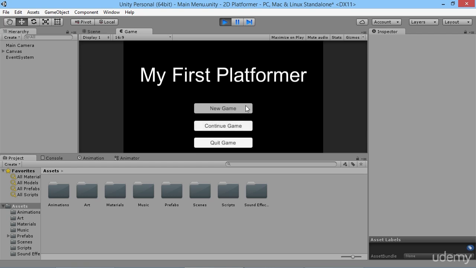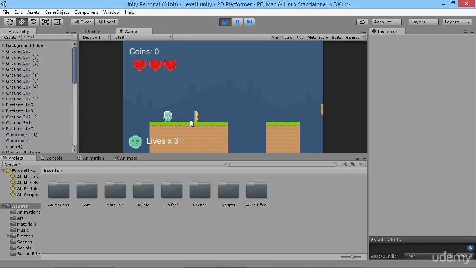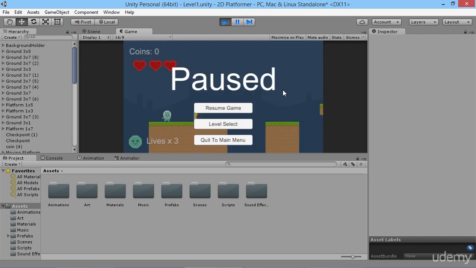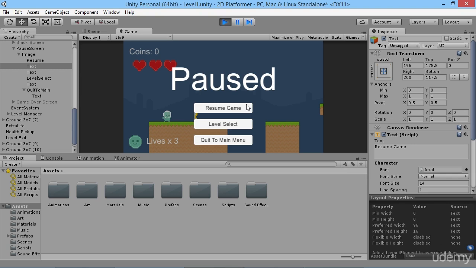Oh, I clicked on the wrong thing there by accident. Let's just restart this. We see that our level loads up. It makes it nice and dark, and if we were to hit resume game, well, at the moment nothing happens. So we pause the game here, but we're getting a bit of a problem. We've got our resume game and our level select, but if I click on both of these, nothing's happening. If I were to click on quit to the main menu, however, that is working, and that's because if we look over here at our pause screen,